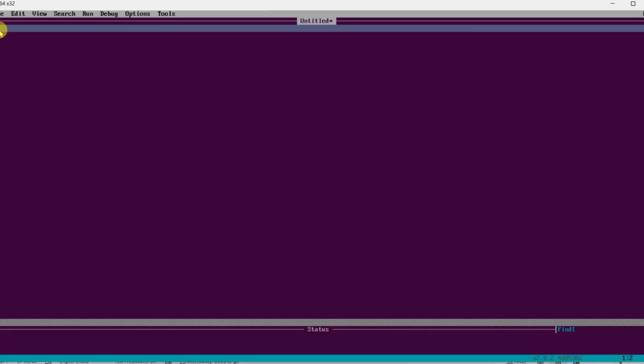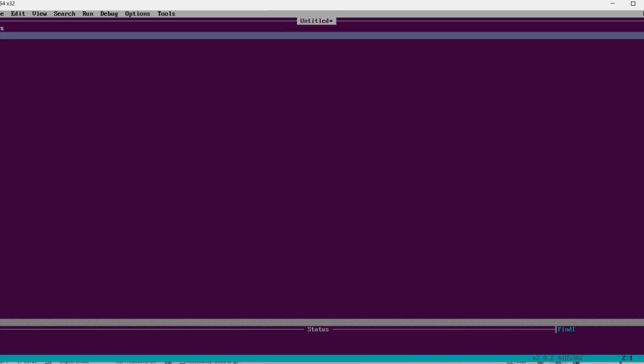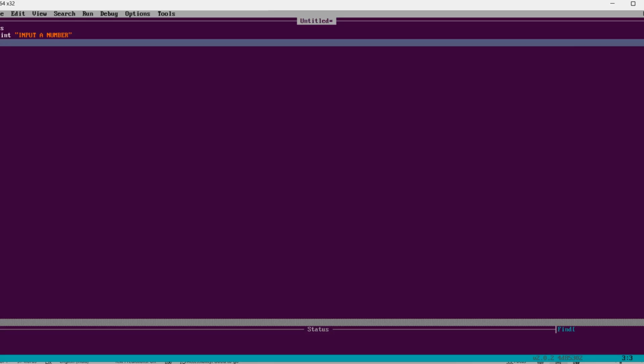I've opened a brand new QBasic program right here. Now to begin the program, the first one, which is to check whether a number is negative or positive, we have to write CLS, then enter, print double quote. Inside the double quote, you have to write "Input a number", then close the double quote, then INPUT A,